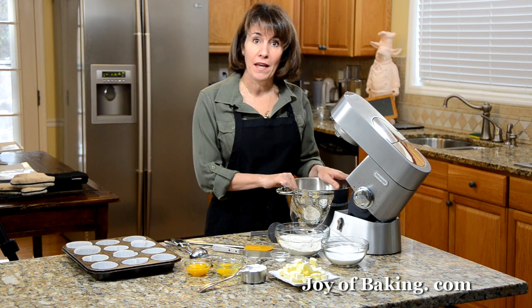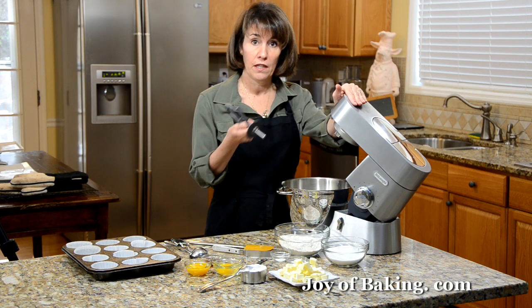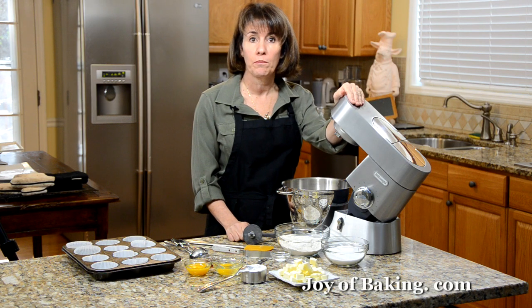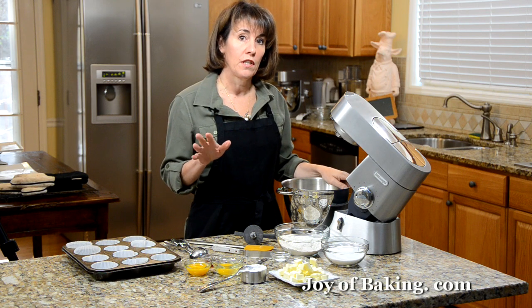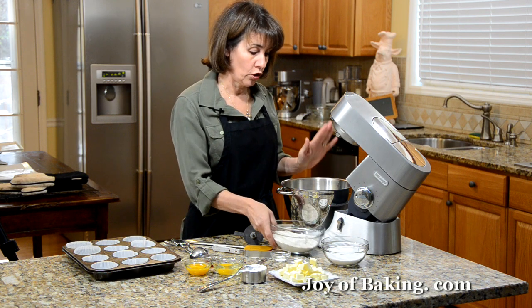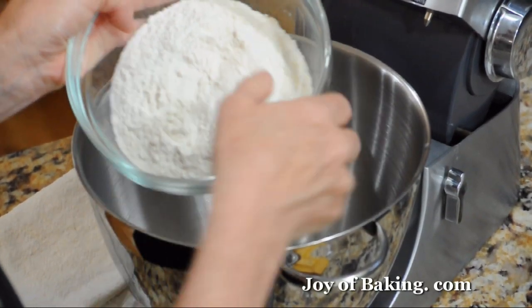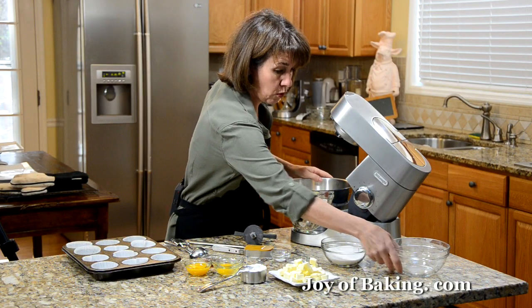And then to make the batter, you can use a stand mixer like I have here with the paddle attachment, or you could just do it by hand with an electric mixer. So this is a really easy batter to make. All we need to do is put 1.5 cups, that's 195 grams, of white all-purpose flour in your bowl, and